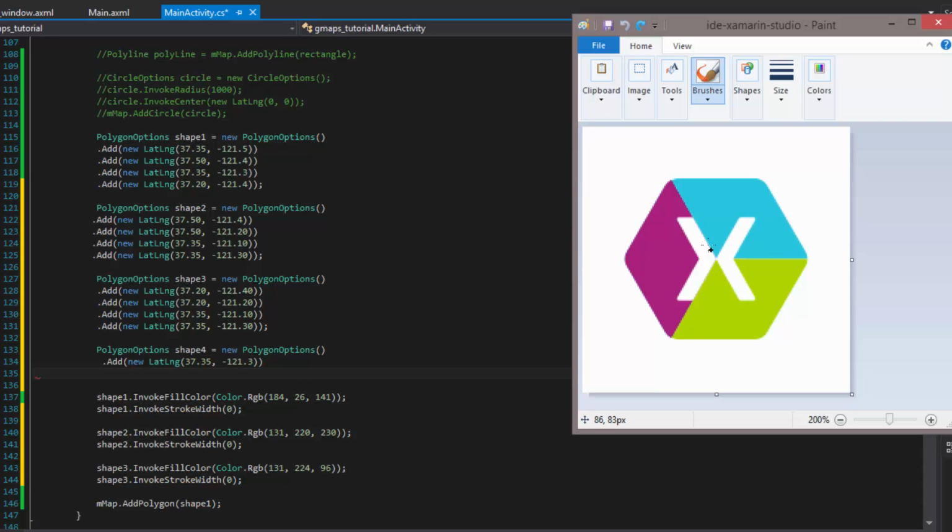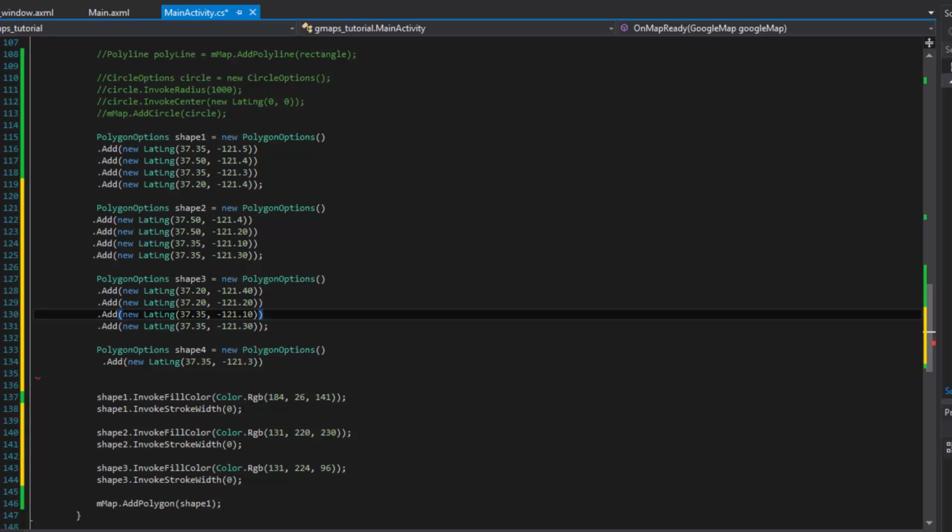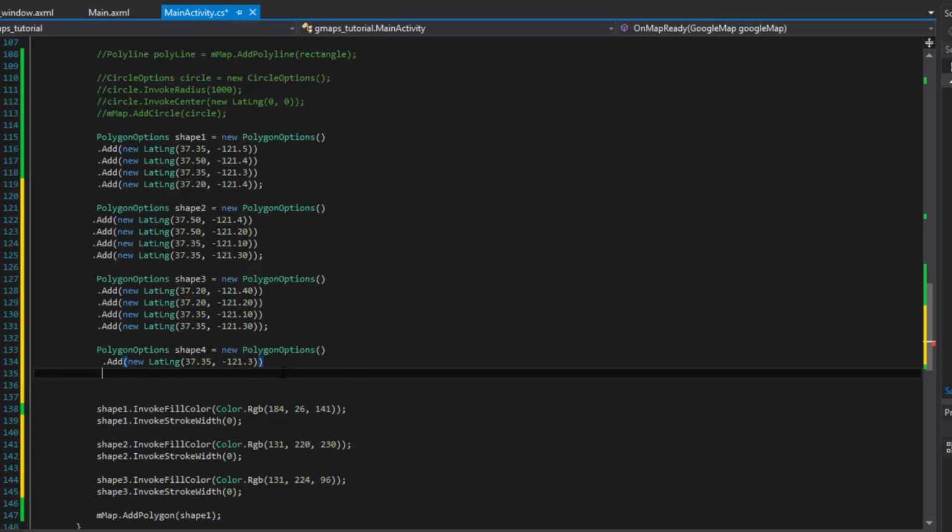We need to go northwest, then we need to go west, and then we need to go southeast, then we need to go southwest, and then we just need to go east, and then that should fill it in for us. Okay, so what I'll do right here is